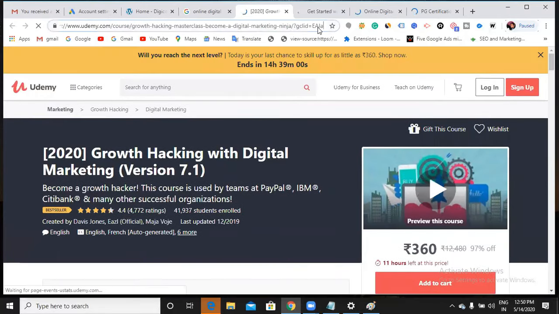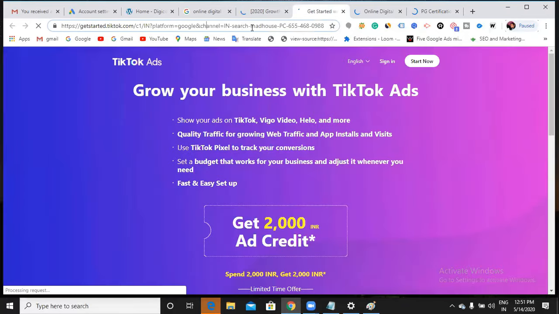Can you see GCLID now? Question mark equals GCLID. Can you see this one? See now how my URL looks.